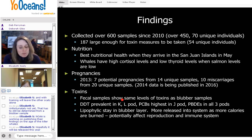These toxins are all lipophilic, which means they're fat-loving toxins, meaning they stay in the blubber until an animal isn't getting enough to eat. And then as the animal is starting to go through stages of reduced caloric intake or starvation, any mammal starts metabolizing stored blubber. And the more blubber that gets metabolized, the more fat that gets metabolized, the more those toxins are released into the system. And so there's this potential kind of spiraling effect of the animal feeling worse because there's toxins cycling